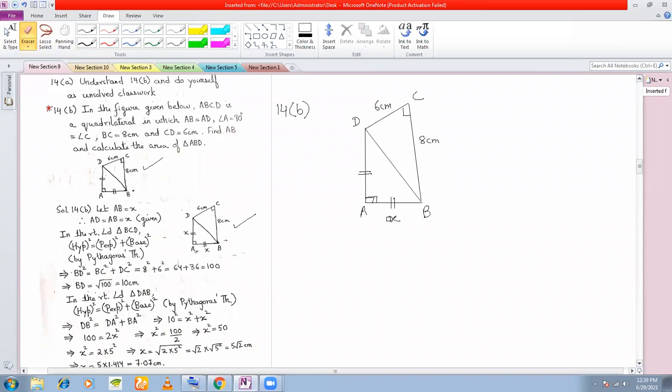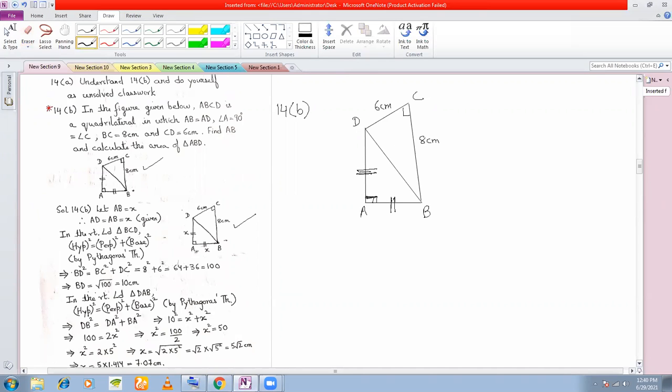And also, if any angle is given to you, then you can mark that angle. If it is not marked in the given figure, then you can mark it in the figure that you have drawn so that you can see what all are given. Coming back to the question, it is given to you that AB is equal to AD. So these two lengths, AB and AD, are equal here. This is given in the diagram.